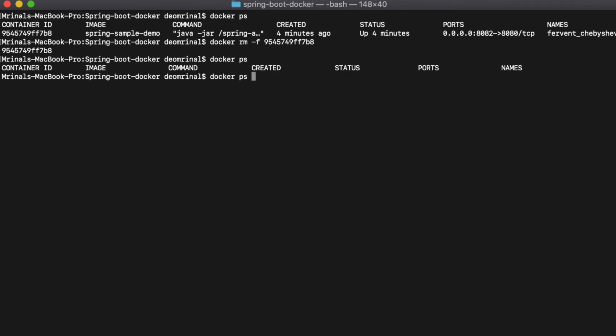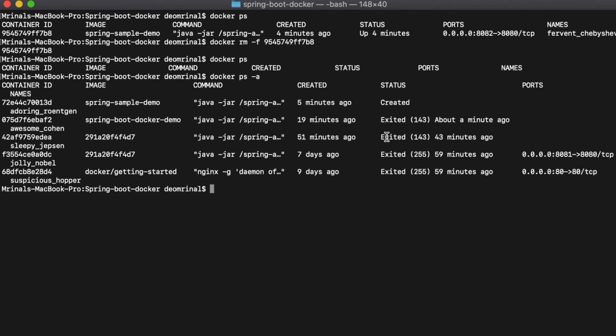And if I do docker ps -a, here we can see the exited one. Then we cannot see this one which we have just removed, because it has been removed from Docker, from the local system as well. So we will not see it.